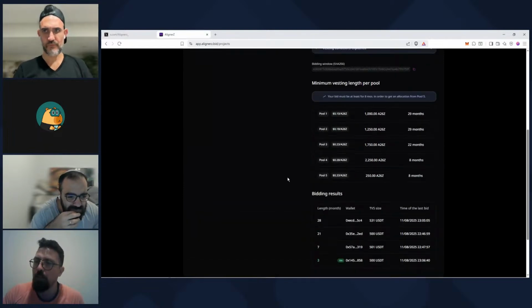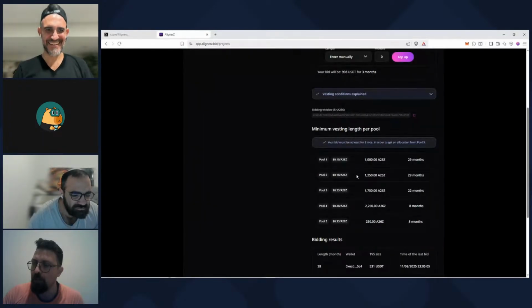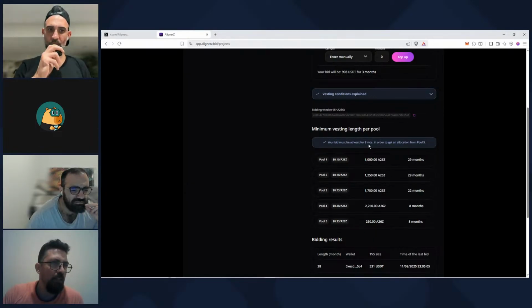Unfortunately, I'm not winning from any pool. None is highlighted. And here I've got a notification that I have to get 8 months of vesting grants minimum in order to get allocated from pool number 5.